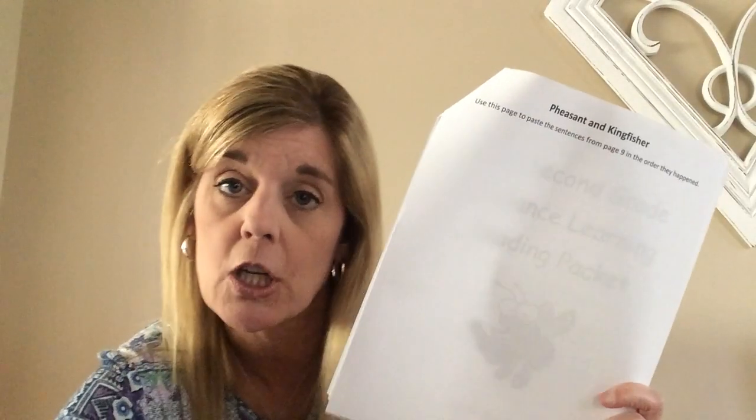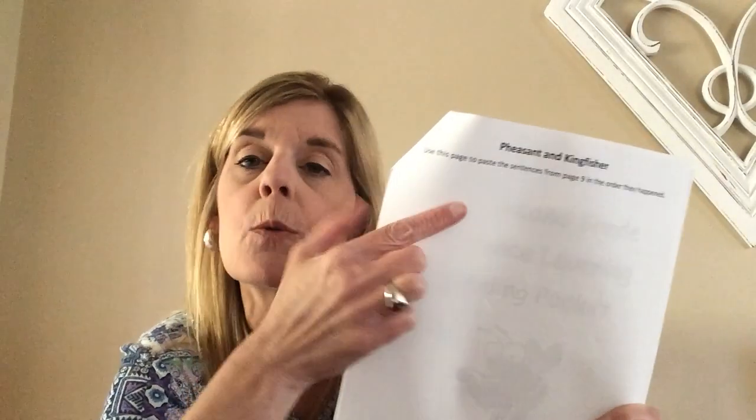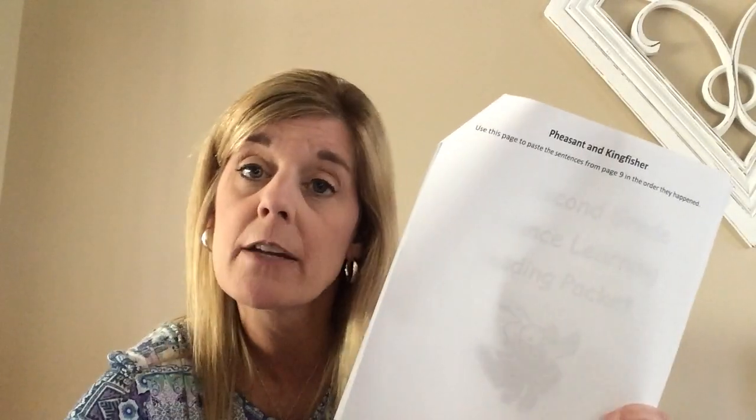Now, don't start gluing until you have them all laid out in the correct order, and then you can glue them down. And here's another tip for you. Sometimes when you put something in the correct order or in the correct sequence, it's easiest if you start with the first at the top, and then go ahead and find what you think is the last one and put that at the bottom, and then figure out the middle once you've done the first and the last. Okay, sometimes that's a tip for you to figure it out a little bit easier. Okay, so I'm going to read those to you right now. Remember, don't glue them down until you put them in the right order.